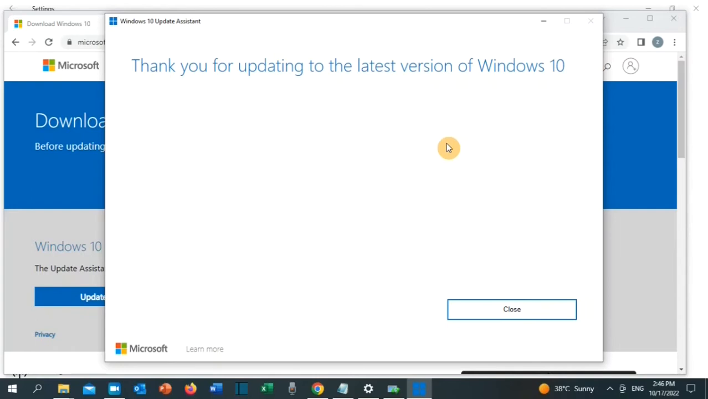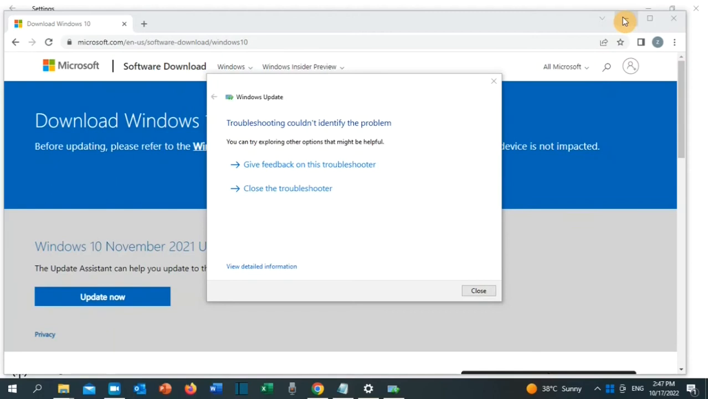If that as well didn't work for you, let's now apply solution number 3. For that we need to reset Windows Update components. To do that, I have put in the video description a couple of commands. Copy them and I will show you what you need to do with that. Minimize all these pages